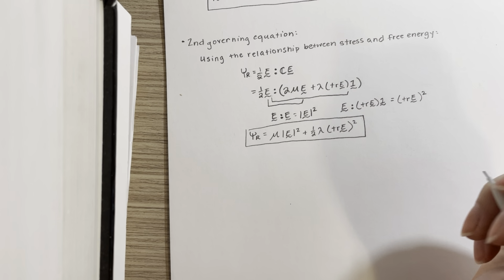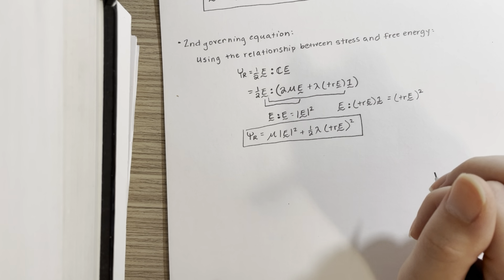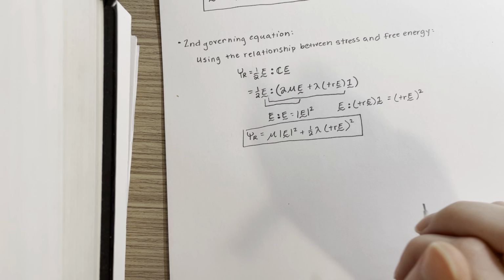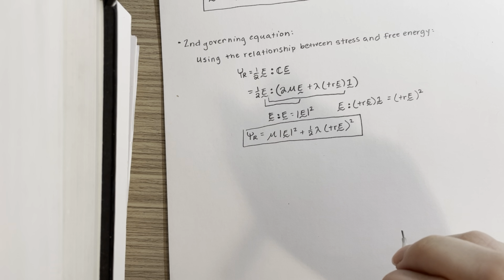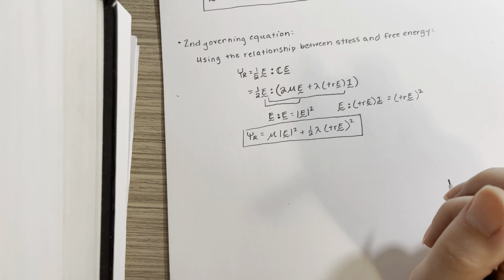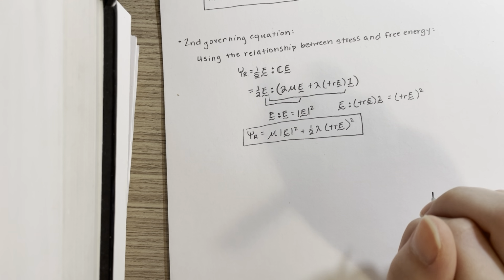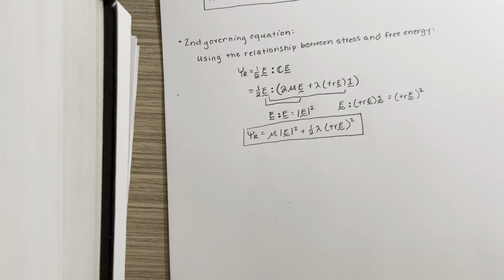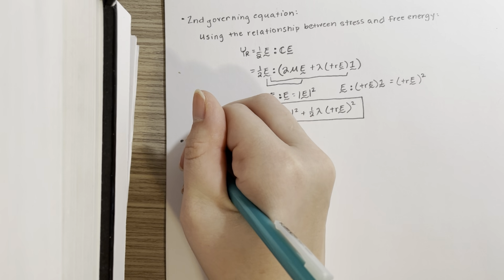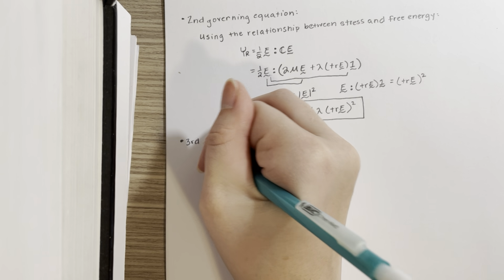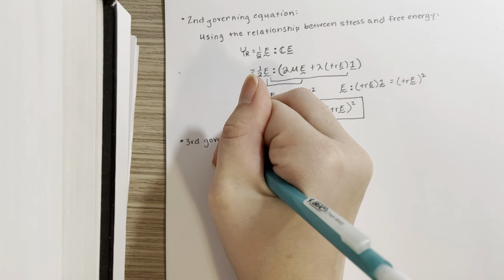And so here we have our second governing equation, which is for the free energy, so our free energy for the linearly elastic behavior of an isotropic material. And so our third governing equation